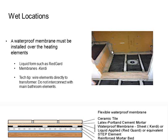I wish I could zoom it up, but basically the element secondary wires, low voltage, coming in on this side, going to this side, coming out and into here, and then you can see the wires running up the side to heat that heated bench, and you can't quite see the ones on the back where your back would be. So this is just a nice added feature that the homeowner wanted, and what was unique about